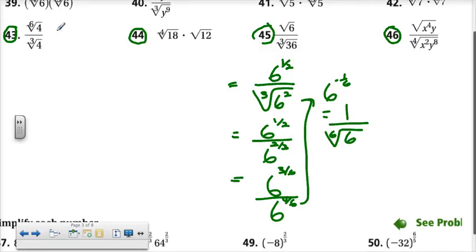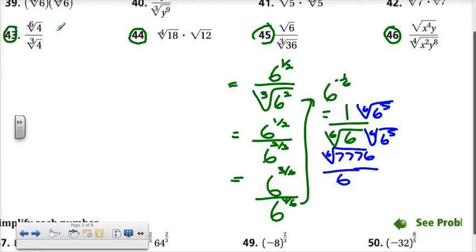Problem, we can't leave that radical down there. So we're going to need to multiply by the 6th root of 6 to the 5th. So down on the bottom we get the 6th root of 6 to the 6th, which is just 6. And up on the top here we have the 6th root of, and I noticed that your book is actually figuring out what these are at some point, so I'll go ahead and do the 6 to the 5th piece here. And that is